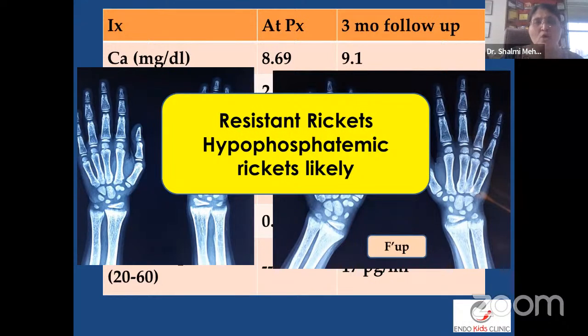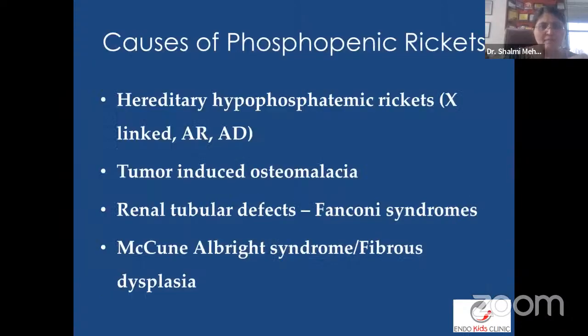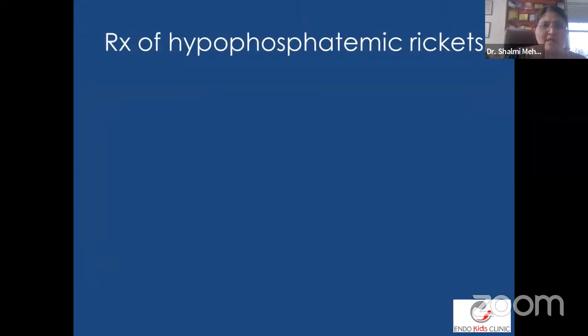We are not going into the causes of hypophosphatemic rickets because they are usually genetic. It could be either an isolated hypophosphatemic rickets or as a part of a generalized renal tubular disorder, where because of a problem in the renal tubules, the child is continuously losing phosphorus. Now we need both calcium and phosphorus for normal healthy bones. So if the child is losing phosphorus, your bones are going to be weak. You're going to have rickets. So how do you treat these patients?